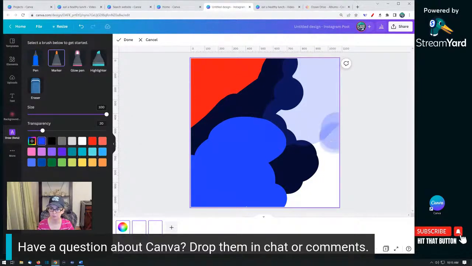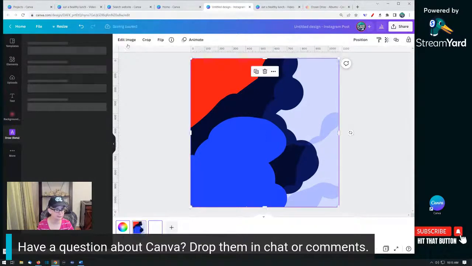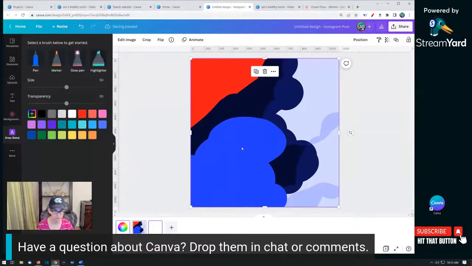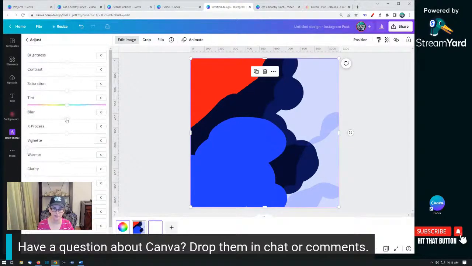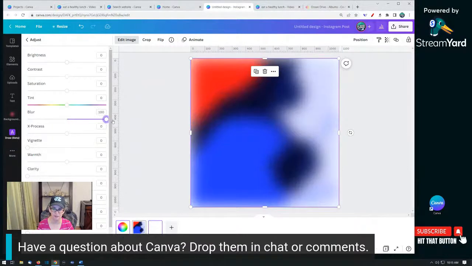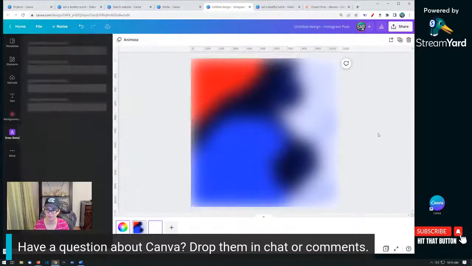We're going to do that here and then click done. And I'm going to edit image and blur it and see what kind of gradient came out. I'm not sure that I like that specific one, but I do like the way the,